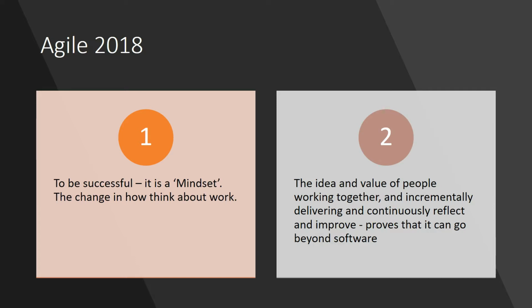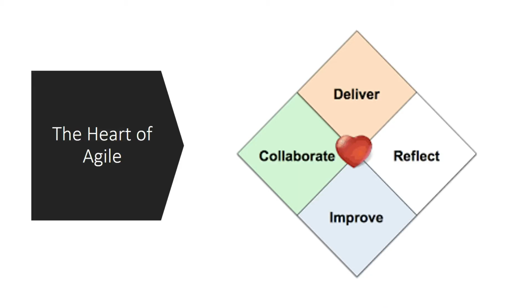Agile is now adopted outside of technology. In 2017, one of the co-signers, Alistair Cockburn, put together what he calls the Heart of Agile. This is something very unique, and I truly believe in it. If you try to take everything and just summarize it, at the end of the day, what is truly Agile? The heart of Agile, the way he put it, is very simply this. We get a group of people collaborating, delivering, then reflecting about what they have accomplished, and then improving and getting better. These four quadrants are very simple, but they unlock a lot of things.